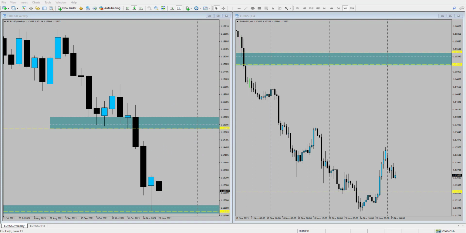Now, this 115.15 area, or 115, is a decent area to look at, because the market found some support here recently before breaking out. So if the overall weekly trend is going to continue, where would I want to be a seller from? Well, I'd want to be a seller from that previous area of support. So if price was to get back to this, I'd then start looking for those short opportunities. If the weekly is going to push back to this level, then what we should see on the 4-hour time